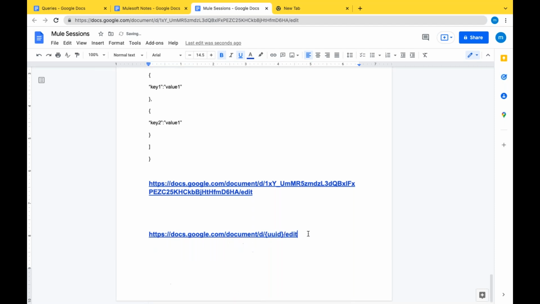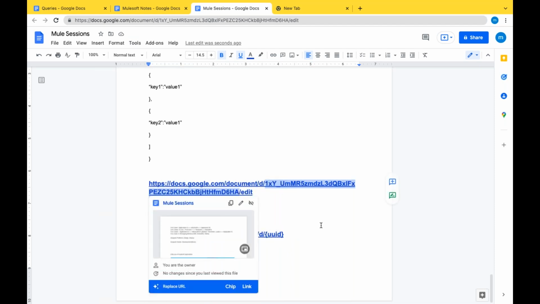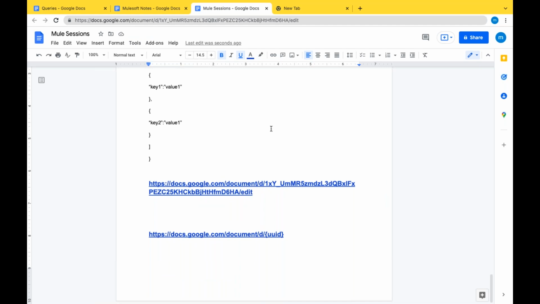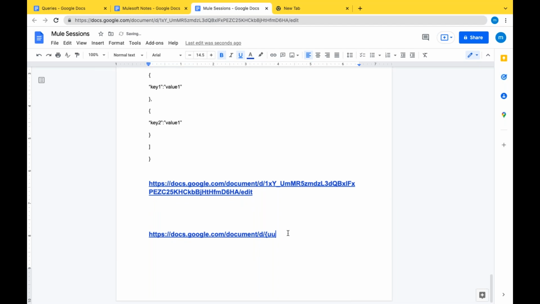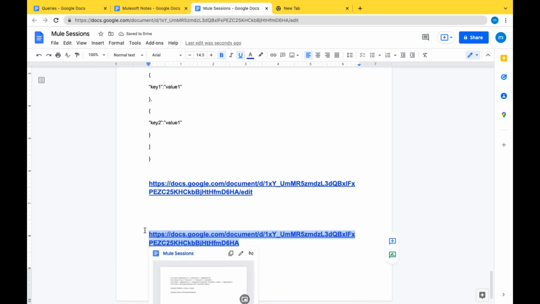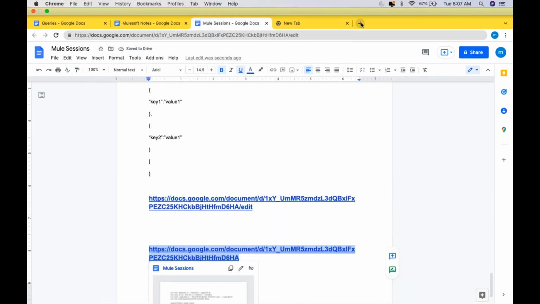Unique ID. You have seen this, right? Depending upon this ID, Google is going to fetch the document and display it to us. Let's copy this and, just for an example, trigger it in a new tab.